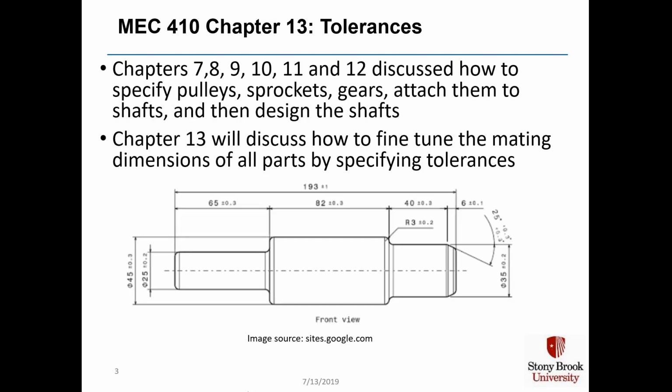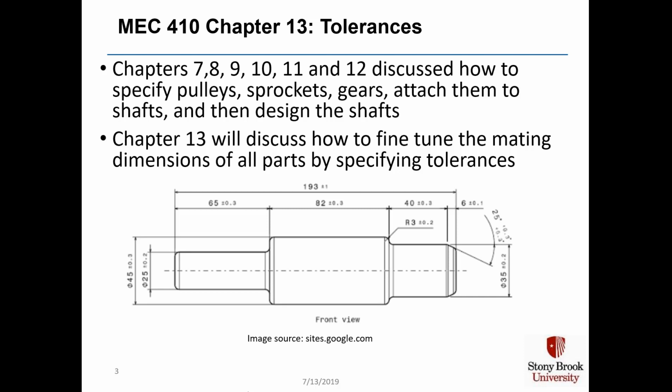In Chapters 7, 8, 9, 10, 11, and 12, we discussed how to specify pulleys, sprockets, and gears, attach them to shafts, and then design the shafts. In Chapter 13, we will discuss how to fine-tune the mating dimensions of all parts by specifying tolerances. And then you'll be able to put the tolerances on a drawing of a shaft, such as the one shown